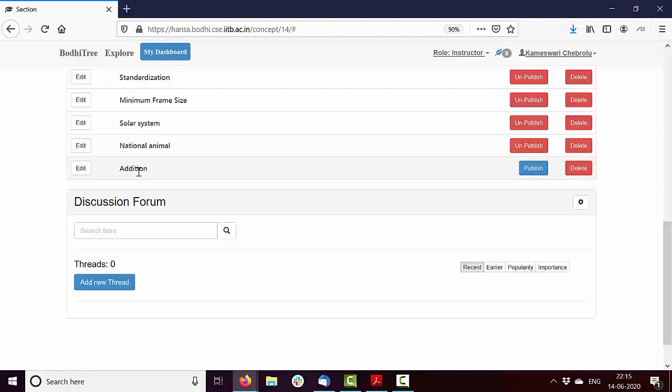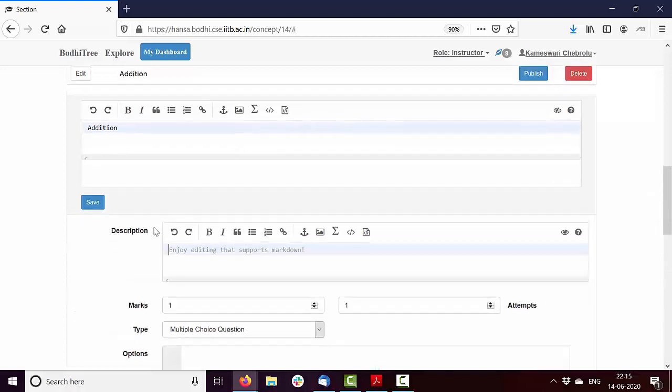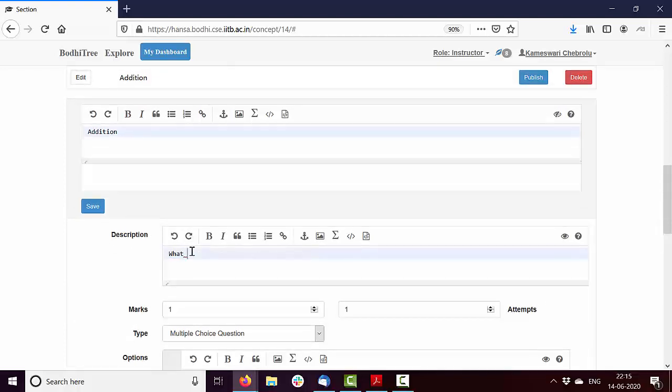So internally, Bodhitree stores all questions as modules. Even if you have a single question, you have to add it as a module. So here I am selecting edit, and here is a add new question. So when I click this, here I can add what is 1 plus 1.